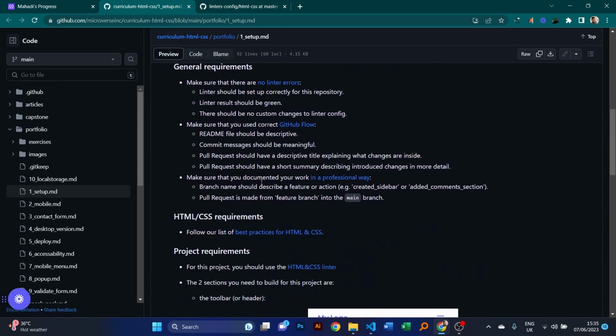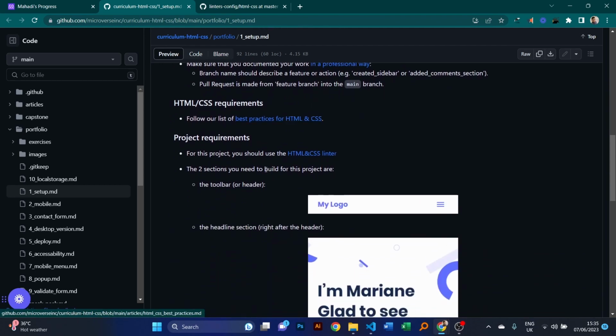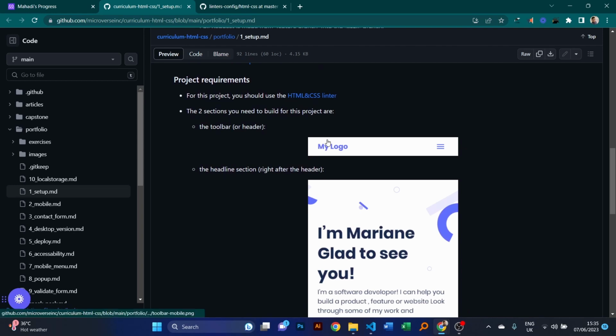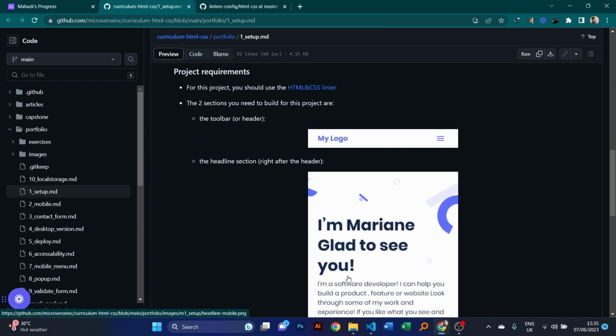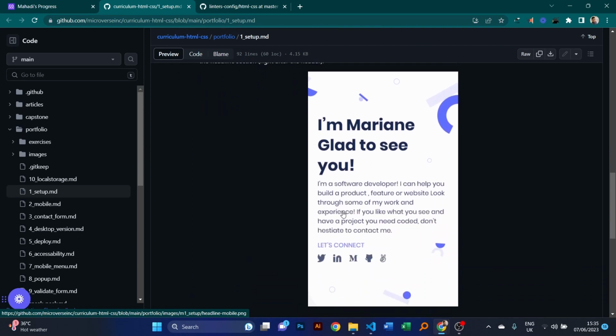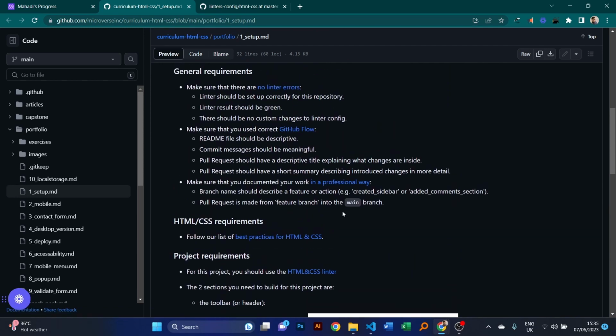So let's skip these general requirements. What we need to make in this first project is the logo, the hamburger button, and the first section. What does it show like that? So as you will see, there is